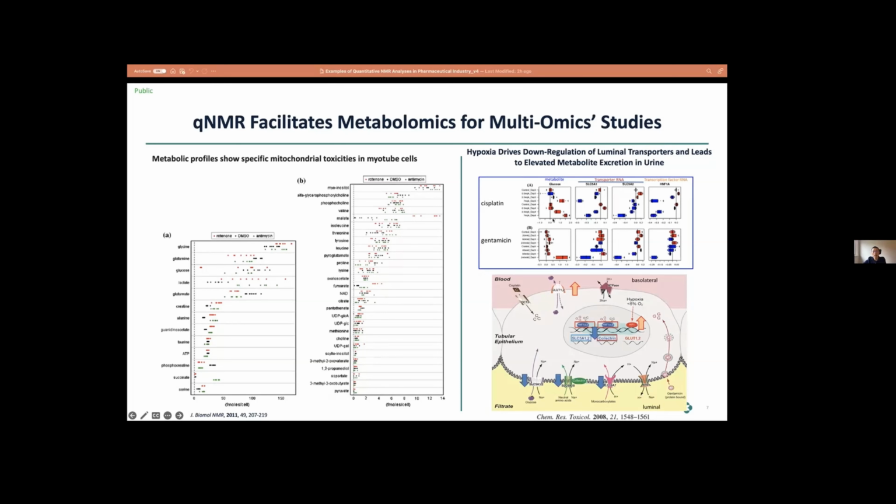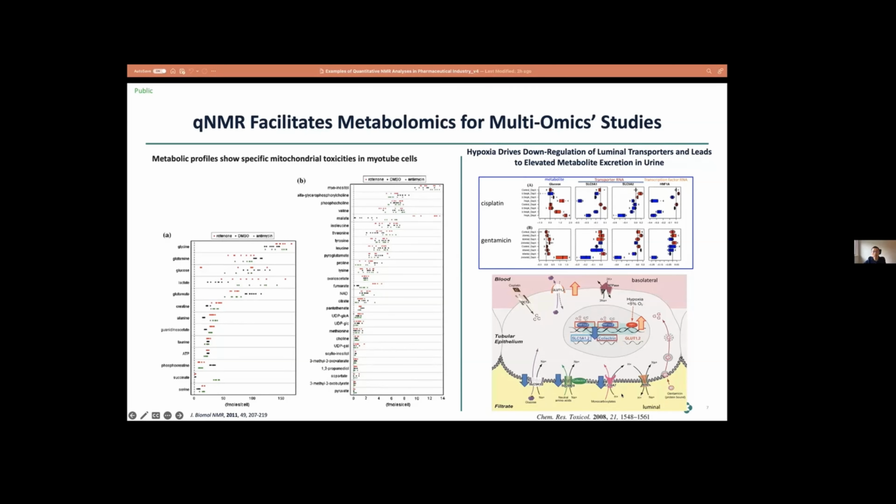On the right side, we're using this metabolomics approach. This is kidney toxicity with gentamicin and cisplatin. We're using this approach to quantify the urine metabolites. And we're also looking into the transcription pattern changes in the kidney tissues. And we can construct almost like the biochemical process of the toxicity, how that affects the membrane,